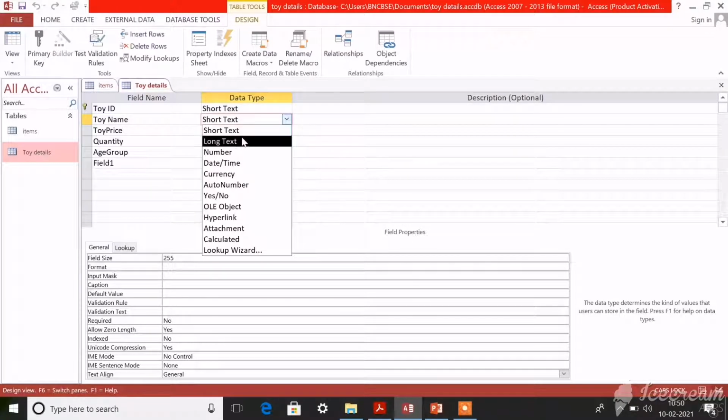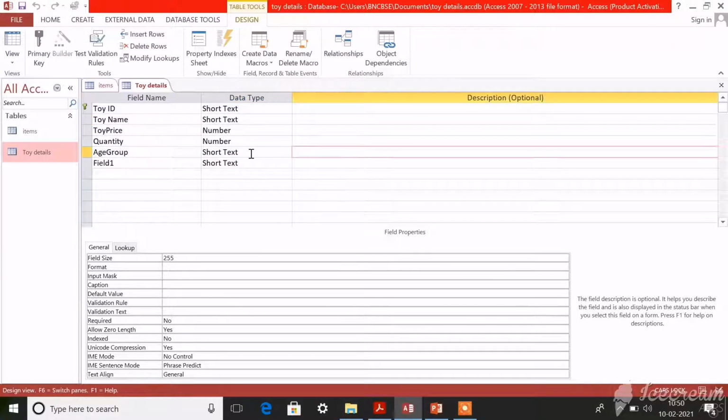So for these types of data, and also the memo data type, you can use this allow zero length property. Memo means you can enter only binary values in the field, like 0 and 1. Text means short text and long text.